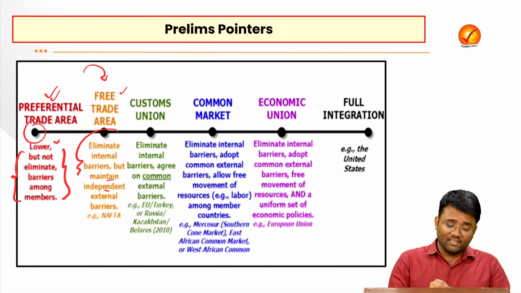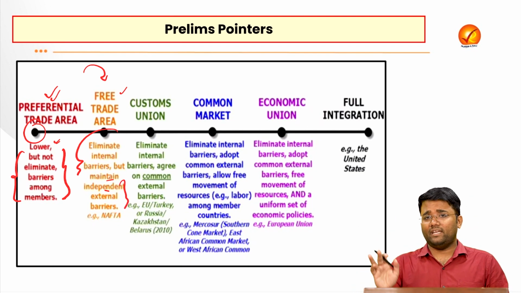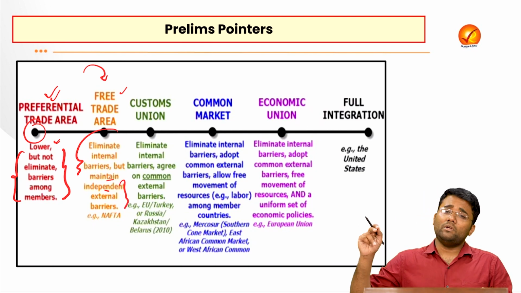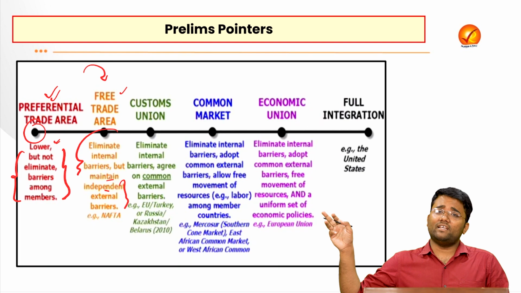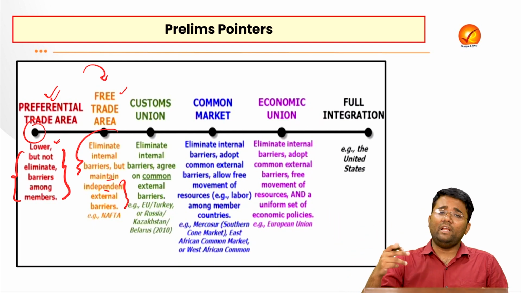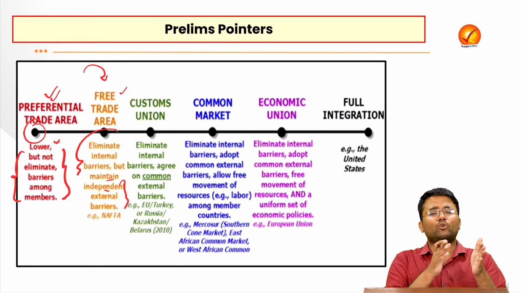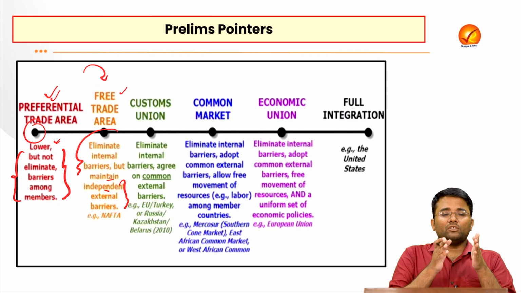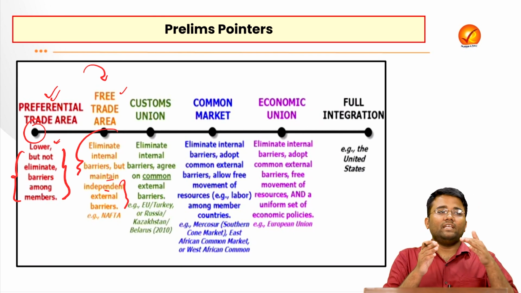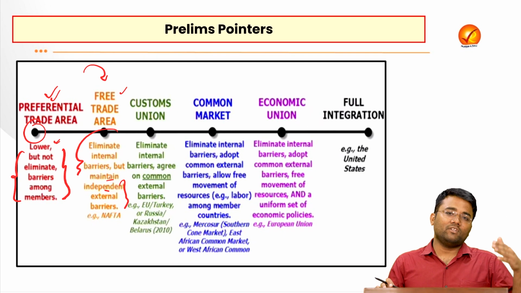But also under this they will be maintaining independent external barriers. What will be the tariff from India to Australia or any other countries, that will not be impacted when India and the UK are going for a free trade agreement. Only they will be going for the agreements or the reduction in tariff between them. They can maintain independent tariffs with the rest of the world.